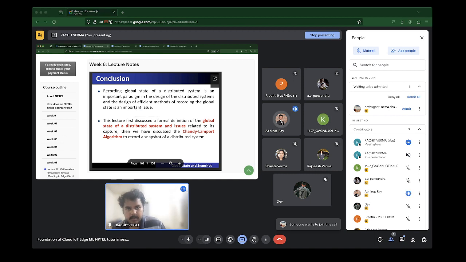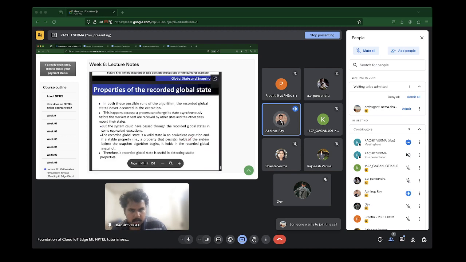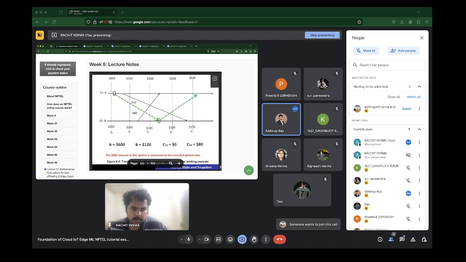I have a question regarding the penultimate slide where the green marker is, the green colored banking. Say just after the marker happened at B server, there was another transaction that happened, say any number 2050 from B to A.